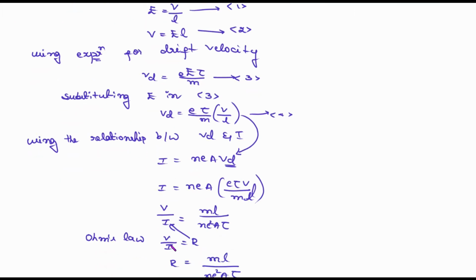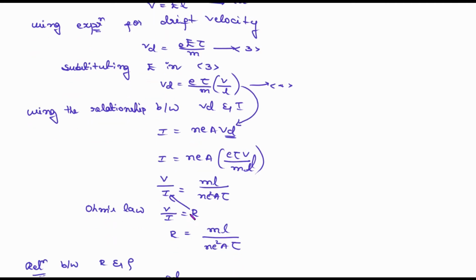Next, in place of V by I you can substitute R from Ohm's law. So if we substitute R in place of V by I, R is equal to ML divided by Ne square